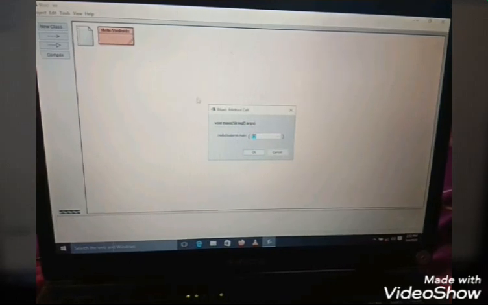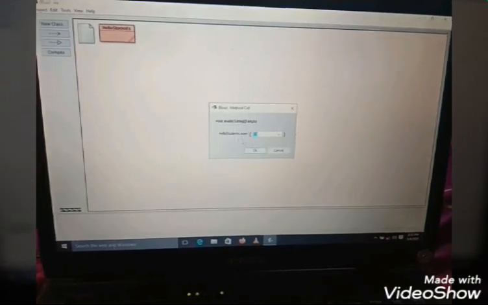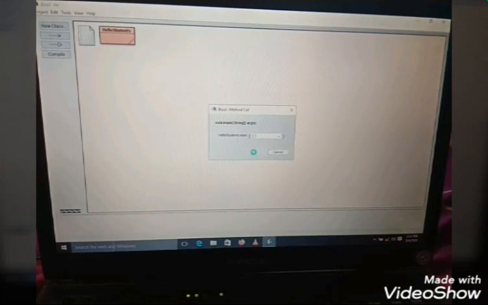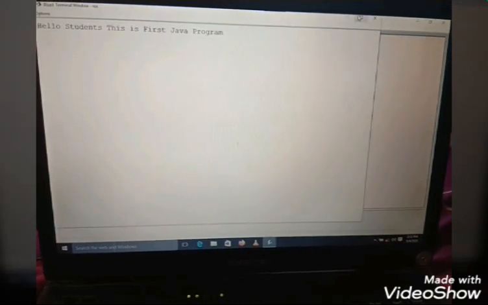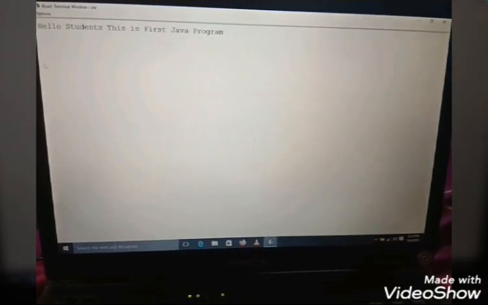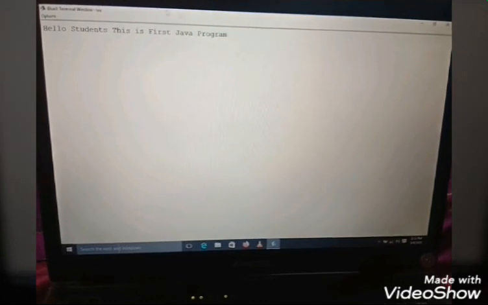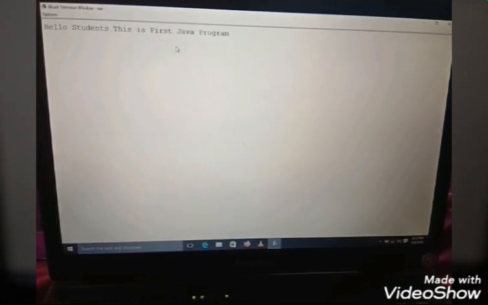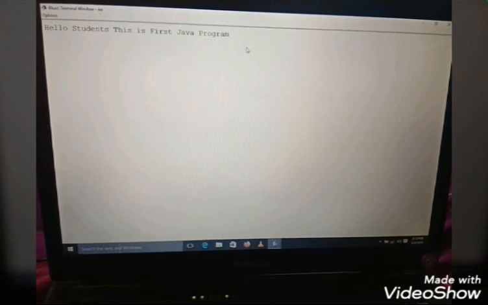Here you have to click on void main. Many messages are given, but you have to left click on void main. When you left click on void main, this window will open. You have to click on OK. Look, the message will print, and this window is called the terminal window, and here the message is given, that is hello students, this is the first Java program.